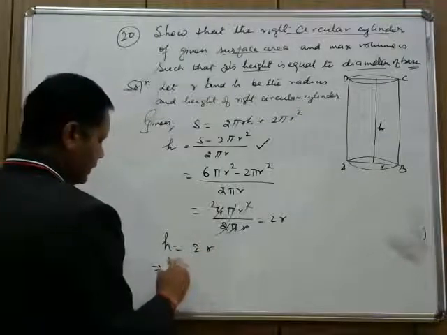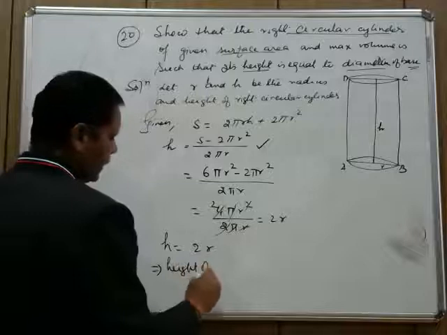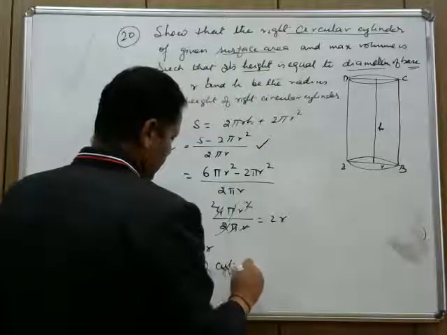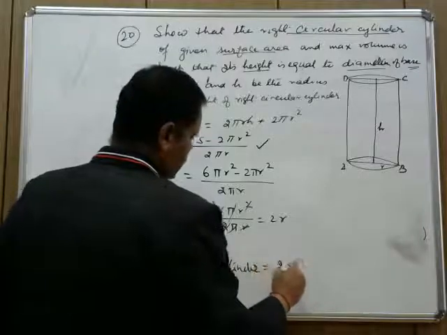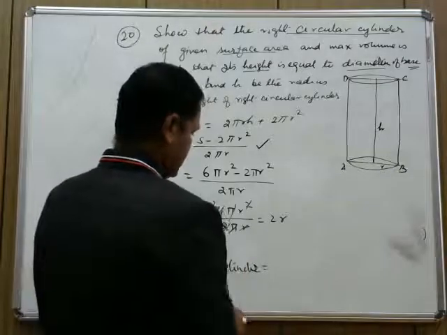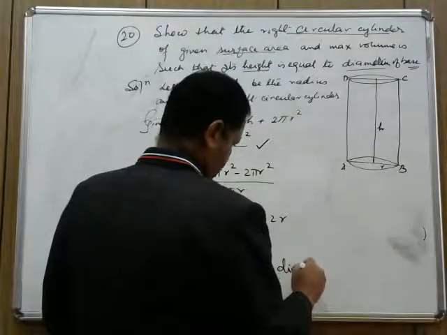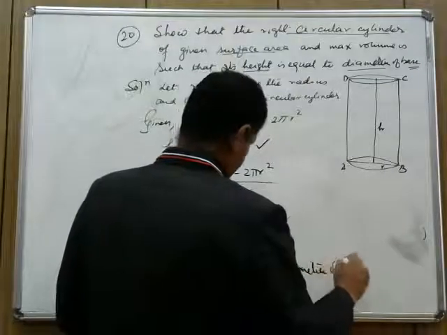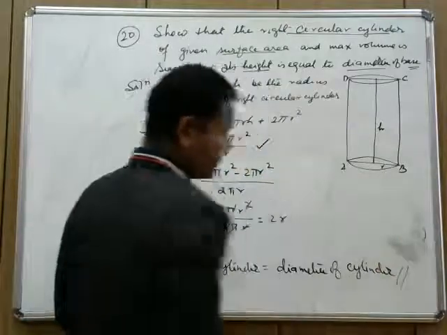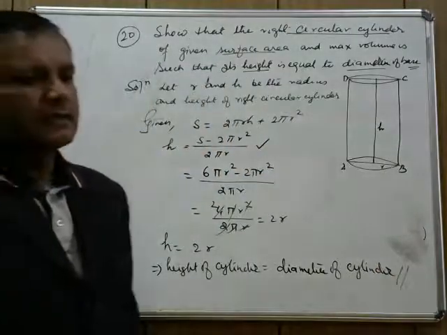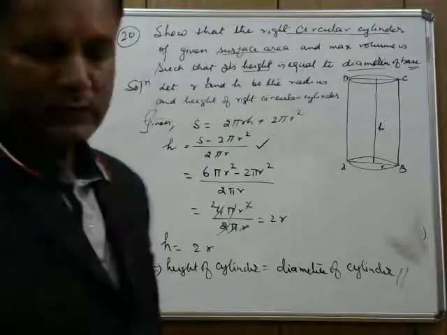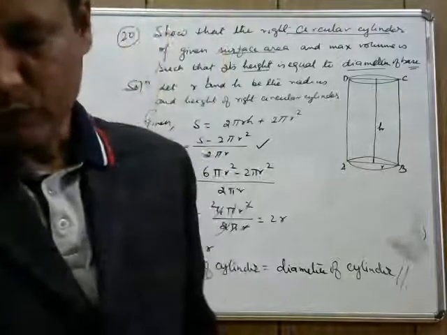Therefore the height of the cylinder is equal to 2 times the radius, or we can say it is equal to the diameter of the cylinder. This was the question, and hence it is done. The same way we have to do it, right? After this question number 20, if I go for question number 21,